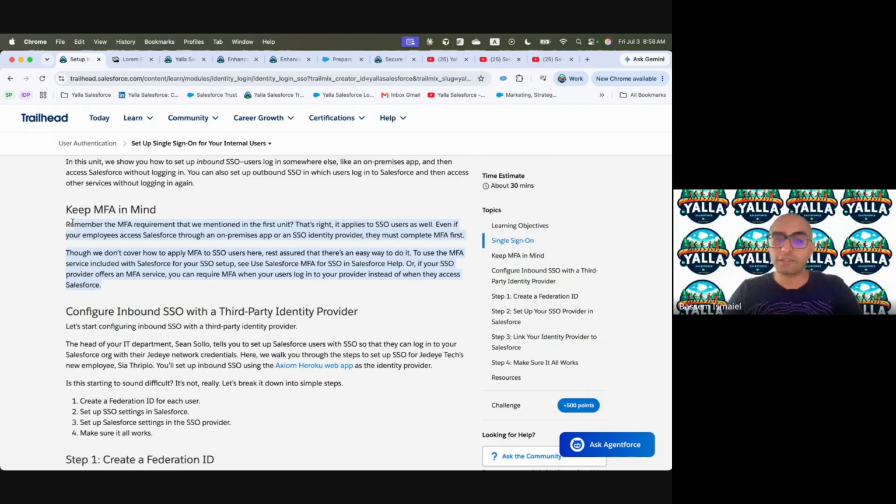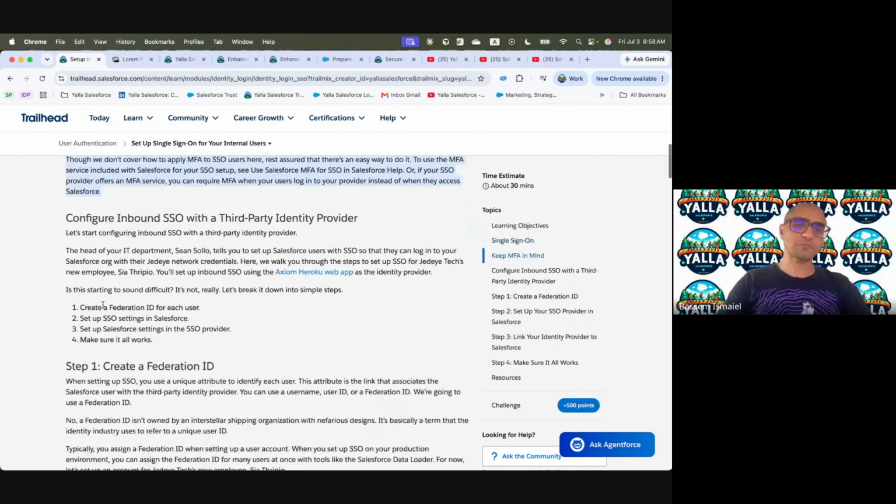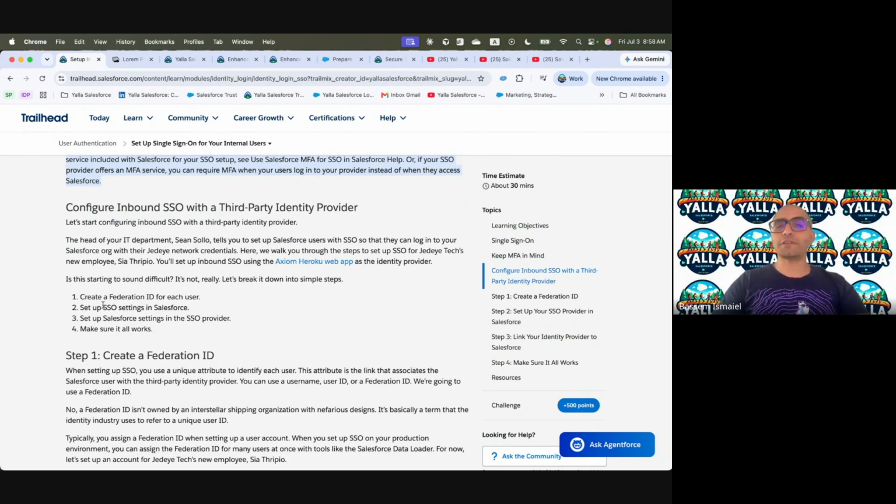Or the SSO itself might have the MFA as part of the journey and send the signal to Salesforce saying, yeah, you are allowed, and you already did your part for MFA, so we don't need to do another round of MFA within Salesforce. Now let's configure the SSO journey using this Heroku app, and we're going to wrap up the session for today.